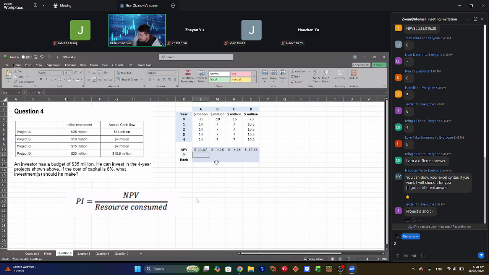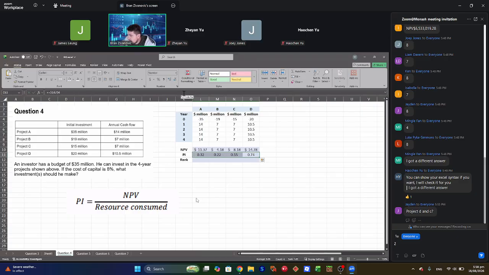So let's have a look at the first one. So I've got the net present value of 11, and I've got 35 mil that's been consumed. So 0.32 or 32 is the profitability index for project A. And we can drag that across, so grab the little cursor on the bottom and drag it across, and we can calculate for each of the project what the